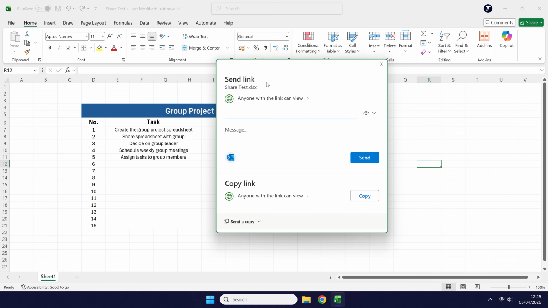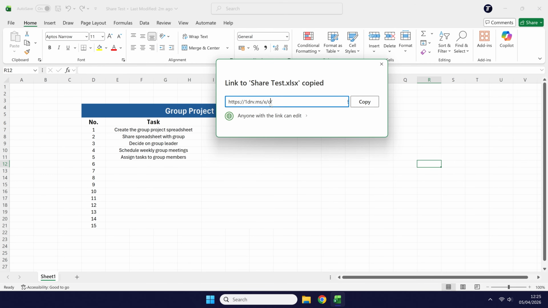Click on Send if you're choosing the people to send it to, or click on Copy to get the link where you can copy and paste it to send to others. The spreadsheet should now be editable, and you can change who can edit it in the future by heading back